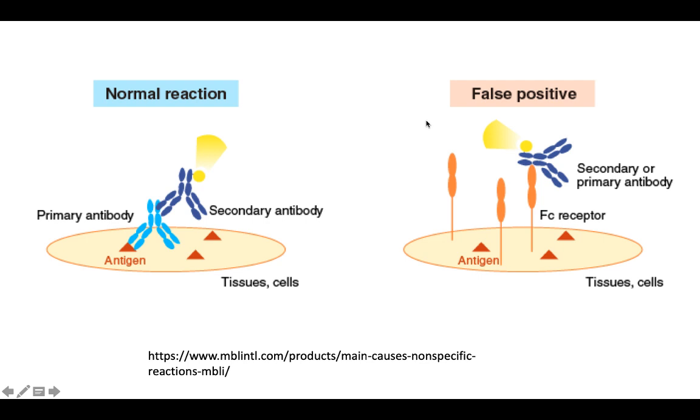So let's say, for example, we are looking for this antigen in the cells. The question that we are trying to ask is whether this antigen is present or not. So if I have two populations of cells, one that has these antigens and one that doesn't have these antigens, I could make out the difference by just seeing the whole thing. So when I add my primary antibodies in the solution,